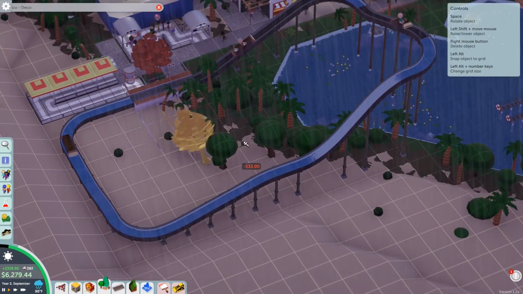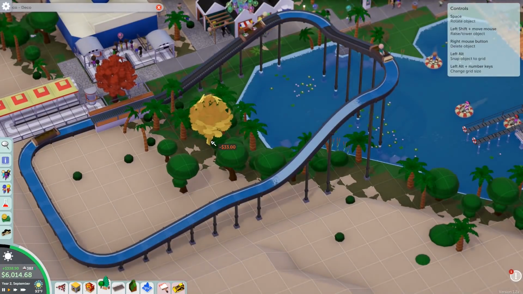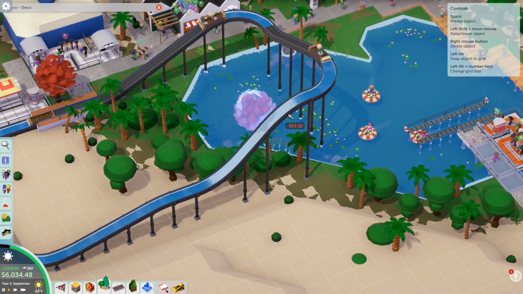Things to look at in this area. Do you want to look at a donut stand? Please say yes, because that's pretty much my plan for this area. Why are you...